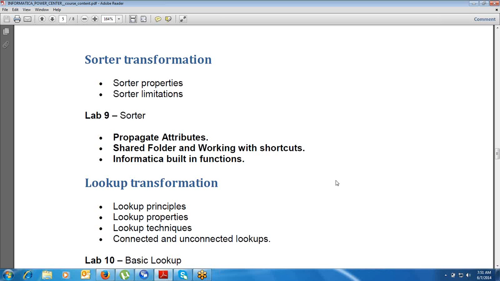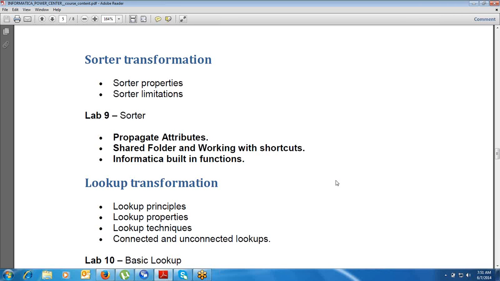Like you have multiple ports and you need to link them, or if one value is changed and you want to track it all the way to the target, how are you going to track it? So we will learn about propagating attribute values, what the shared folder is all about, and how to create shortcuts. Why do we create shortcuts of the source file?